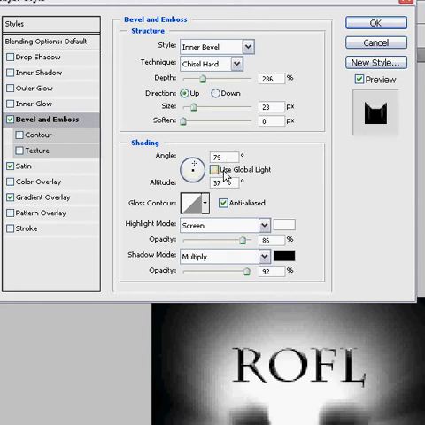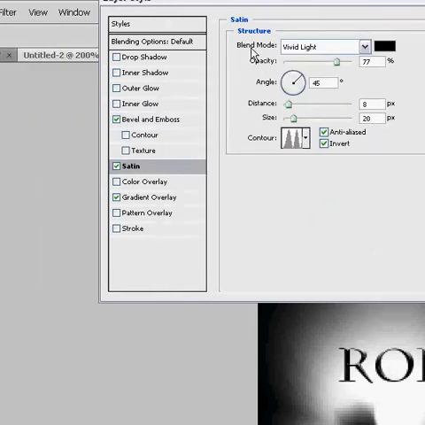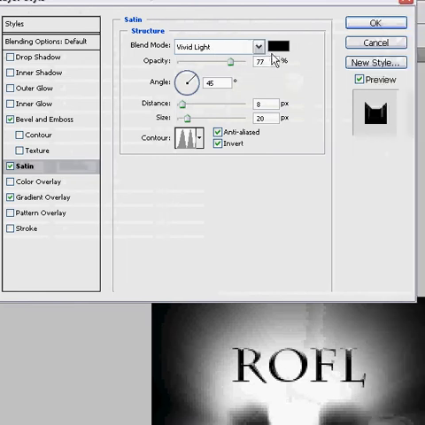The gloss contour is default with anti-aliased on. Highlight mode is green with white, and the opacity is 86%. The shadow mode is multiply, and the color is black, and the opacity is 92%. Satin, then. Blend mode vivid light, color black, opacity 77%, angle at 45 degrees, distance at 8 pixels, size at 20 pixels,